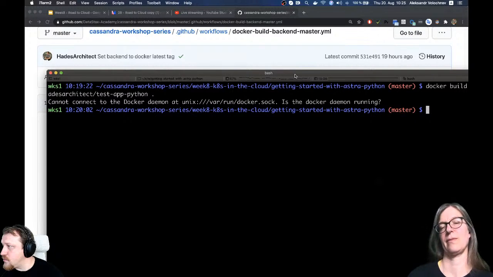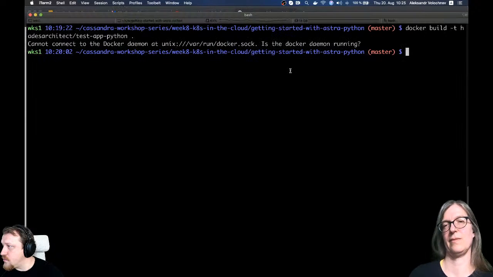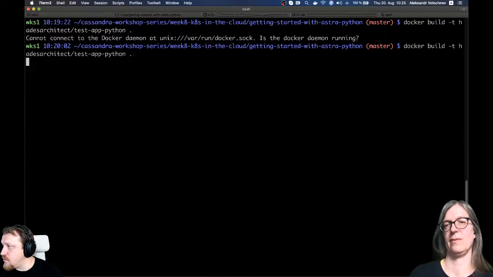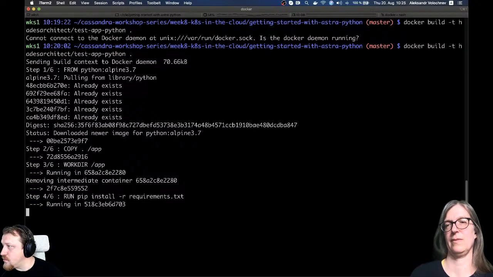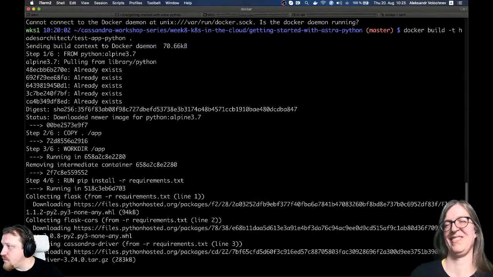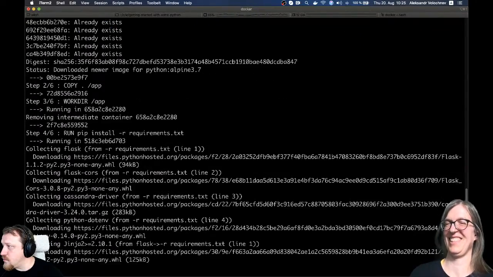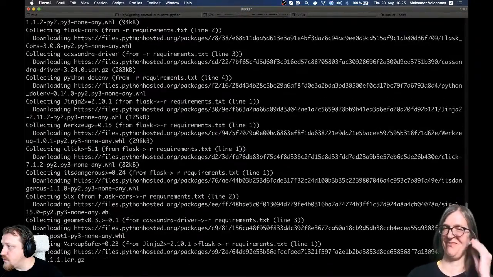And now, I don't have to build things manually. Like, okay, my Docker is running, so now I can do this job on my own. I can say docker build, blah, blah, and it will pull the Python Alpine image, do the things, install requirements, and I have to do it manually. And you know what? A good engineer is a lazy engineer. Automate the things. Don't do the job manually if you can automate it. Very simple.